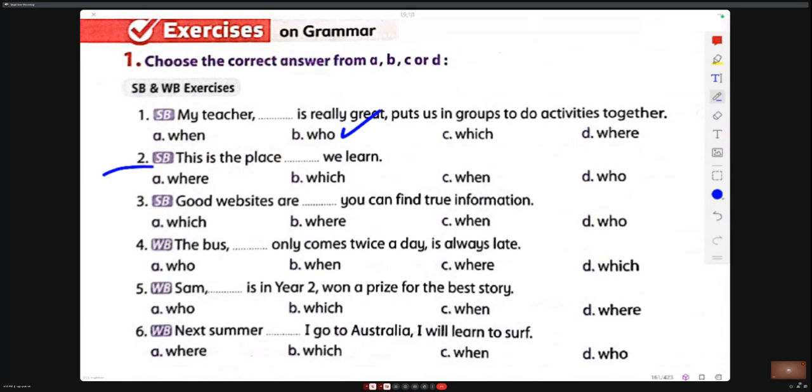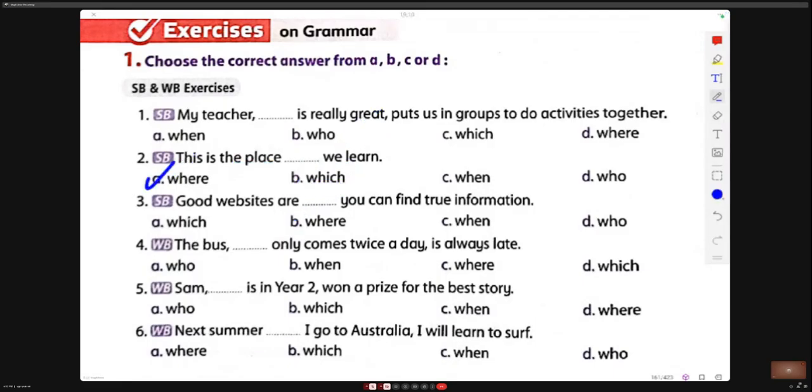Where? Yes, place where. Can we use which? Good websites are dash, you can find true information. Where you can find the true information. Correct. Can we use which here?